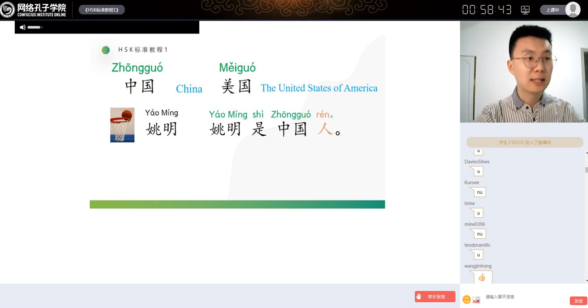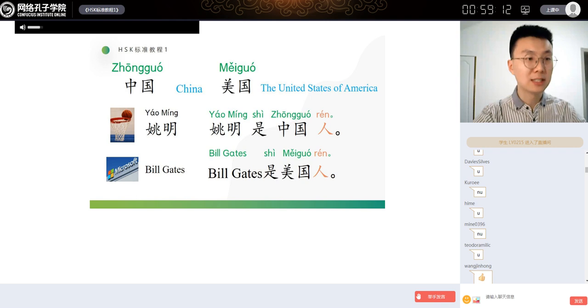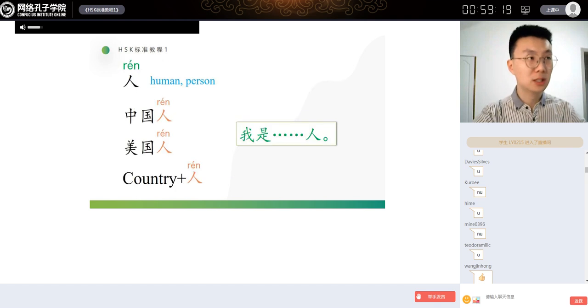So we can say 姚明是中国人。Do you know him？Bill Gates。好，姚明是中国人。So how to say this? Can you make a sentence? Bill Gates 是 how to say？怎么说？We can say Bill Gates 是美国人。Very good. So 人 it means